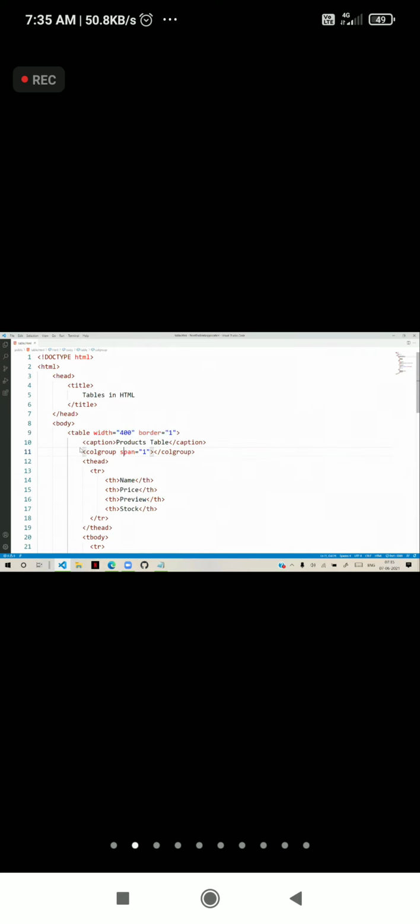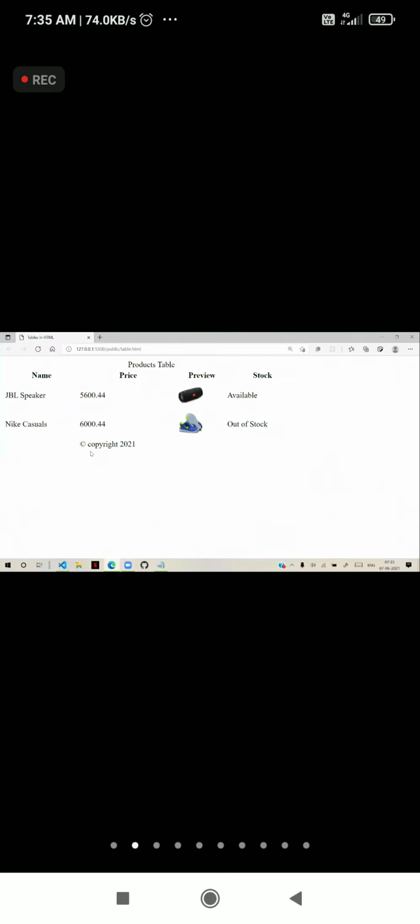I will give here the attributes for the table. Initially, I will remove the border. I am giving just width as 500 or 600. This is the table actually. Now what attributes does table have? I will categorize them.